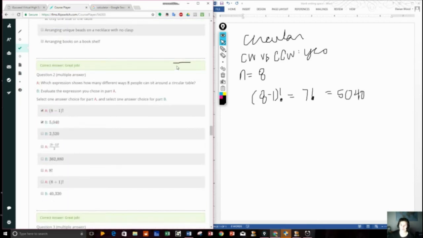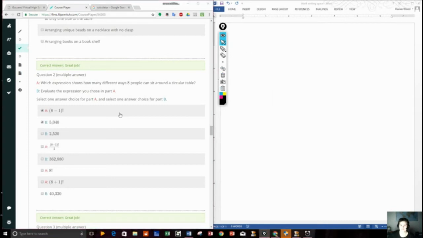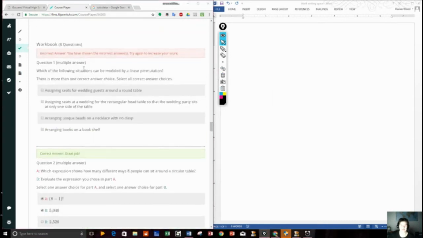All right, good job. All right, which of the following situations can be modeled by a linear permutation? Okay, so linear permutation. Is there a distinct start and a distinct end? Assigning seats for wedding guests around a round table. No, there's no distinct start and end. Assigning seats at a wedding for the rectangular head table so that the wedding party sits at only one side of the table. Yes, even though it would